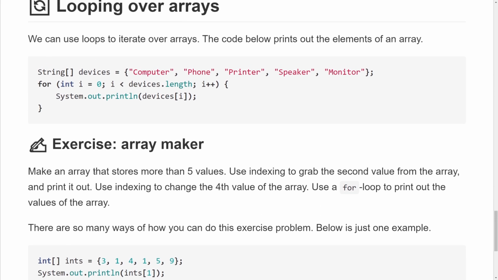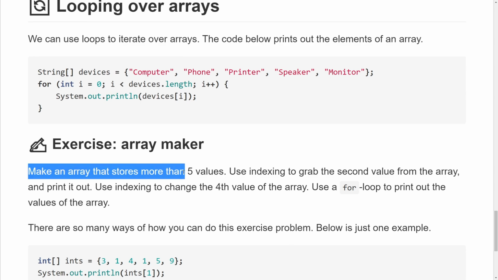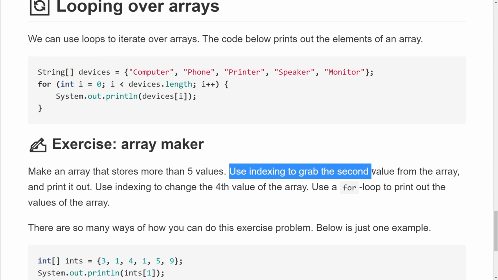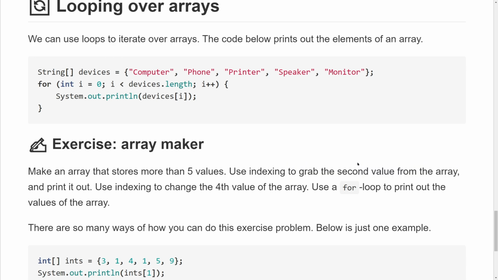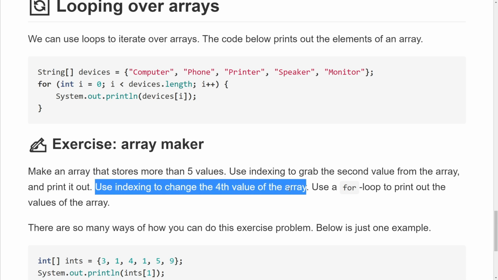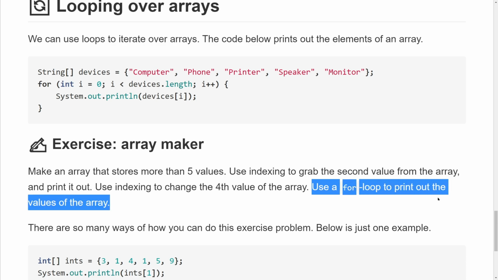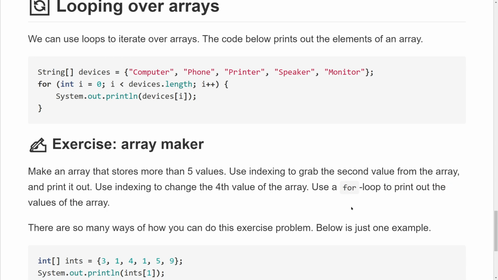Now let's practice. Make an array that stores at least 5 values. Then use indexing to grab the second value from the array. I'm talking about the second value, so the index will be 1. Then print it out. Then use indexing to change the 4th value of the array, and use a for loop to print out the values of the array. There are so many ways you can do this, so take a few moments to try this out on your own,